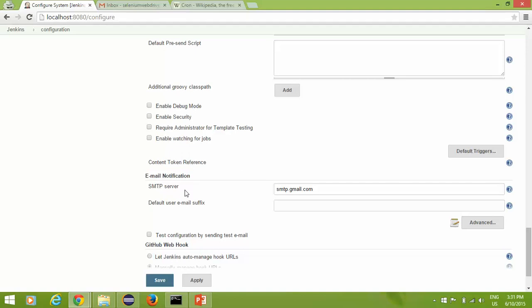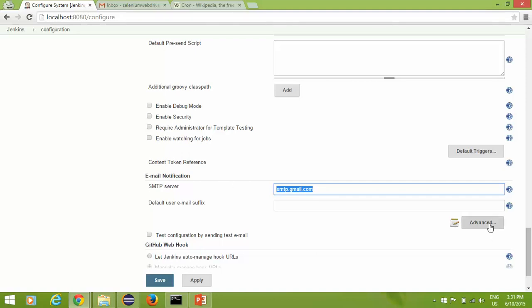In the email notification you require one server, an SMTP server. SMTP is the Simple Mail Transfer Protocol, which helps us send emails. You need to get this server name. Since I'm using Gmail right now, I have taken smtp.gmail.com. If you are using Gmail, it will be the same for you.